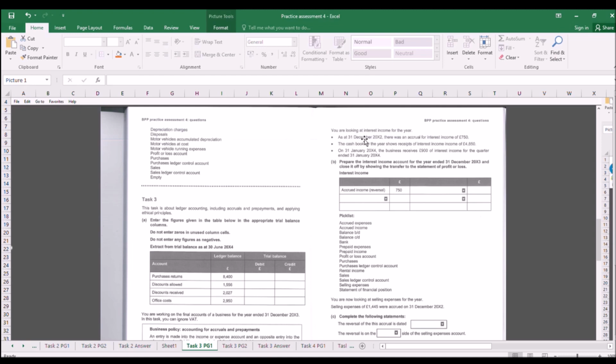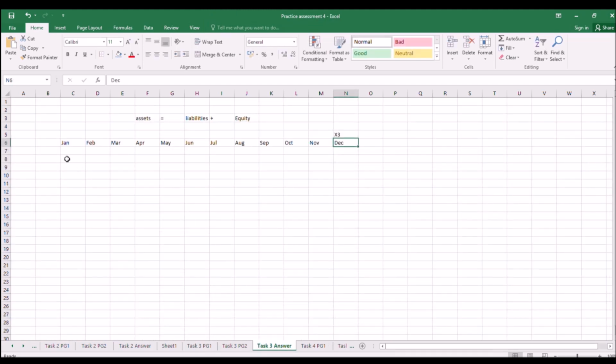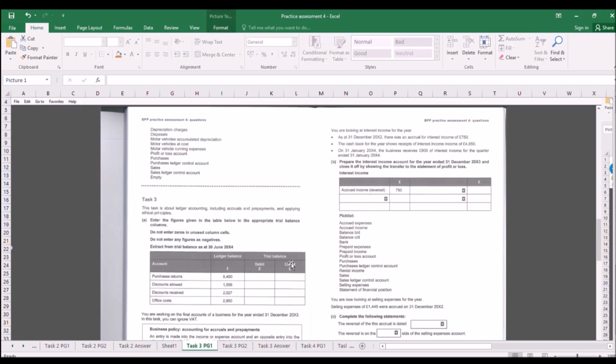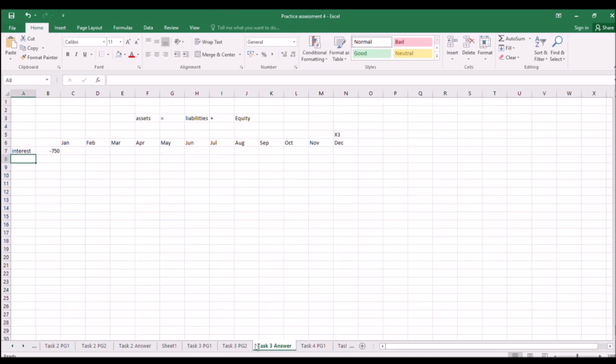Okay. So you're looking at the interest income for the year. As at the 31st of December, there was an accrual. So at the start of the year, we're going to an accrual coming in. So start of the year, 750. Actually, what I'm going to do is I'm going to set this up in actual calculations in here. So credits as being negatives. We'll switch it back to credits and debits when we get later on here. So we've got an interest accrual, a liability coming in there on 750,